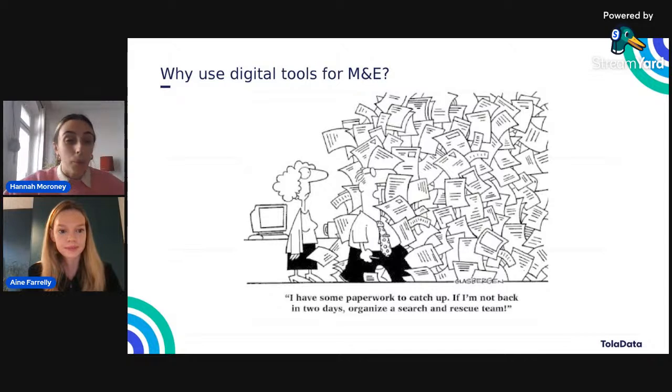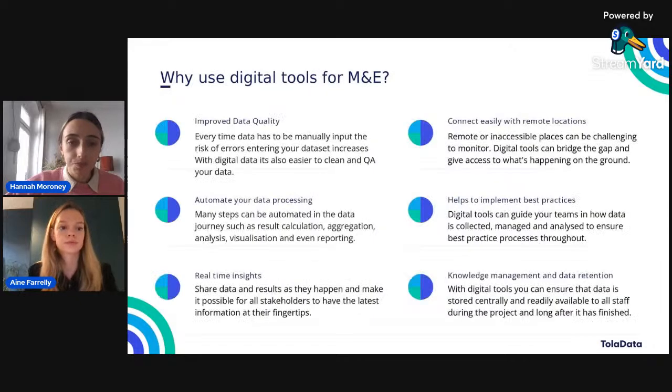You don't know where different things are being stored. You don't know who's responsible for what. There's very little accountability. You're suffering with transparency across all these different types of documents, whether it's data collection, whether it's evaluation, or even before you're doing any of that and you're conceptualizing your project beforehand. We want to move all of this into digital tools, and here are some reasons why.